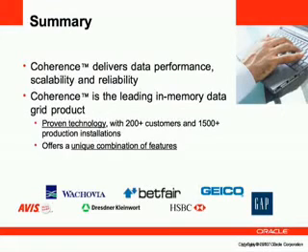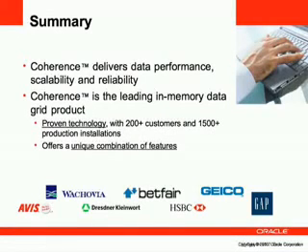So just to summarize, Coherence delivers data performance and scalability and reliability, providing in-memory performance in terms of accessing your data. We can scale up to very large volumes of data, so even if you start small, you can be assured that if your data volumes increase, we can support that. And we provide a reliable way of storing data in memory, so if a process or a server fails that is holding data in memory, Coherence will seamlessly recover from that in the background.